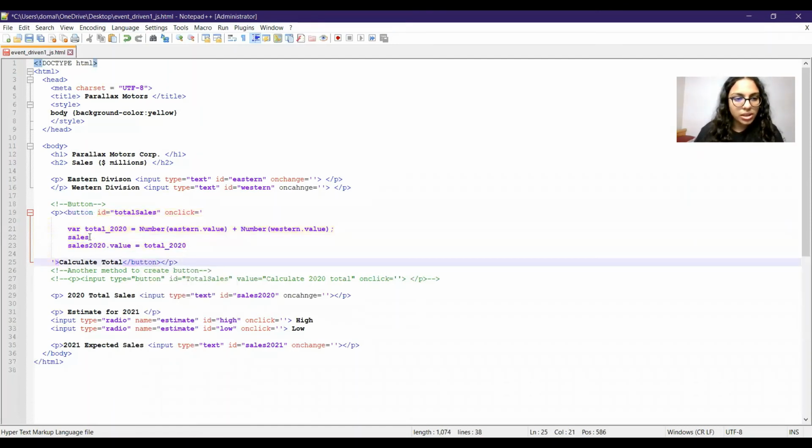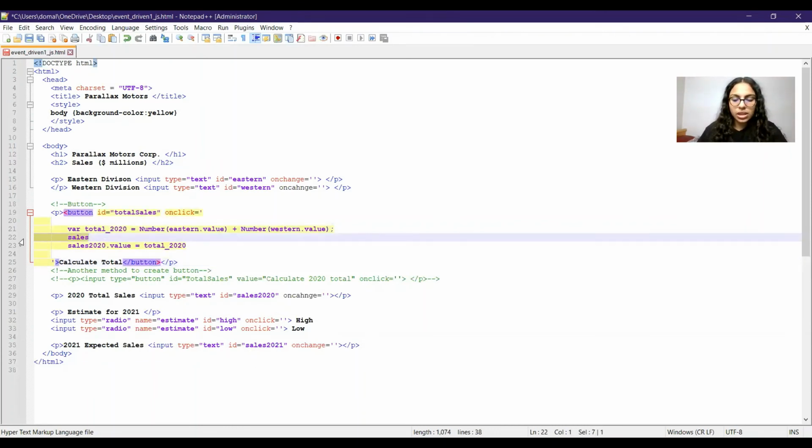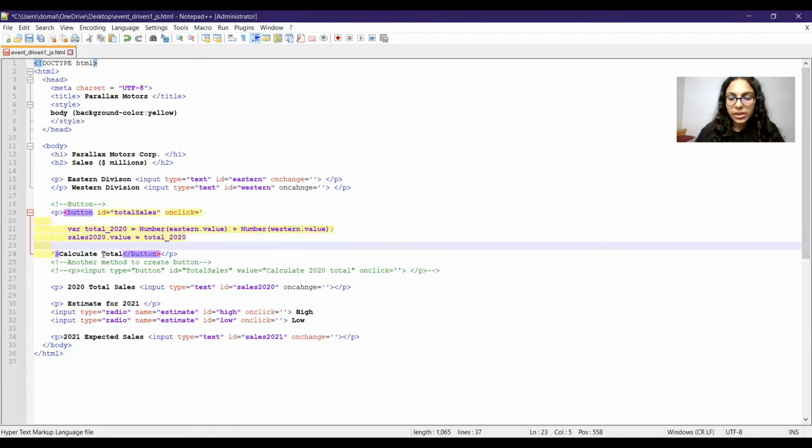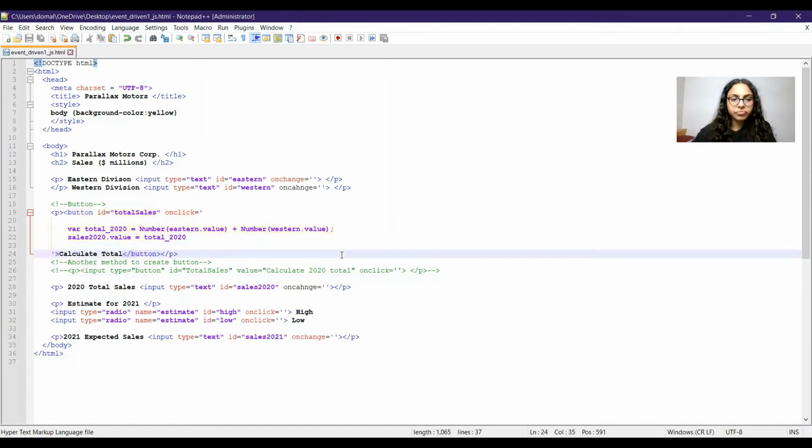Let's check again. It says var total_2020 is equal to number eastern.value plus number western.value, and then the second statement will be sales2020.value is equal to total_2020. So this is for calculating the sales for the year 2020.